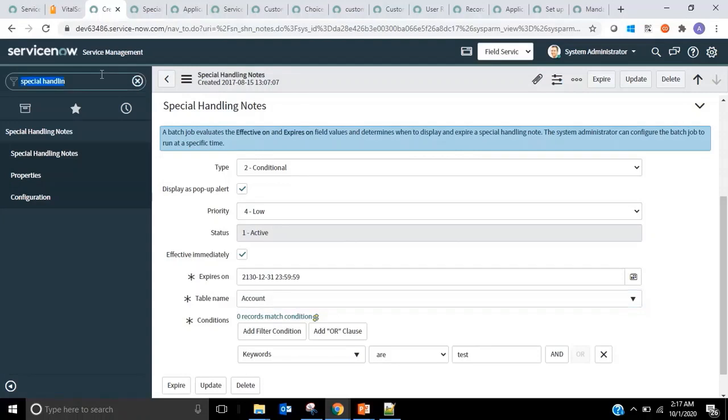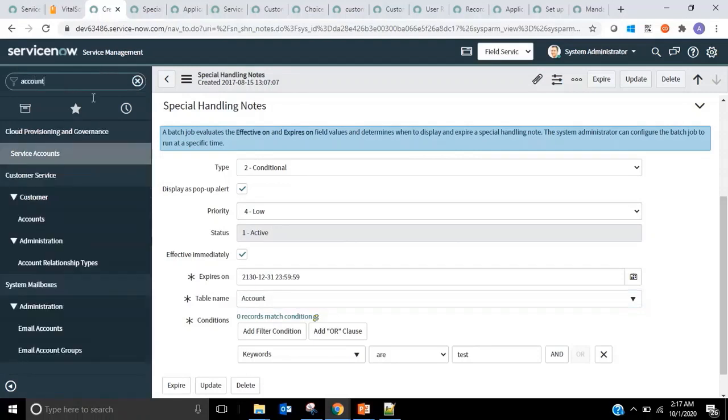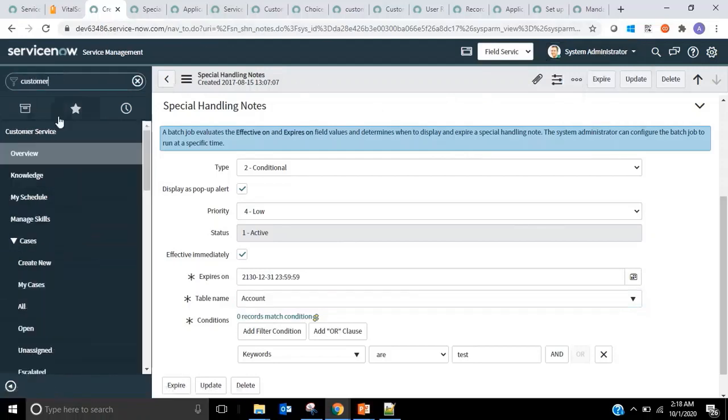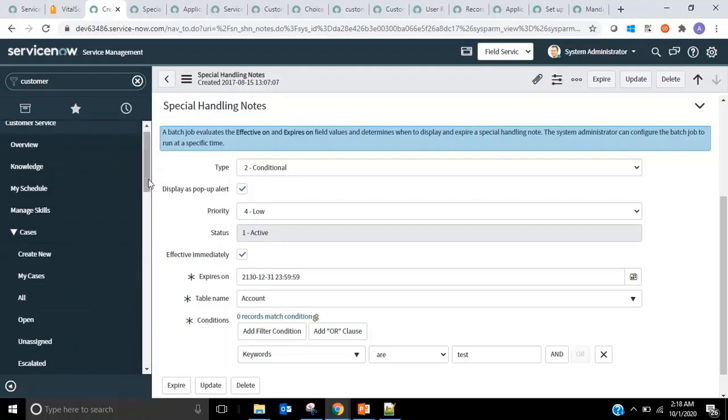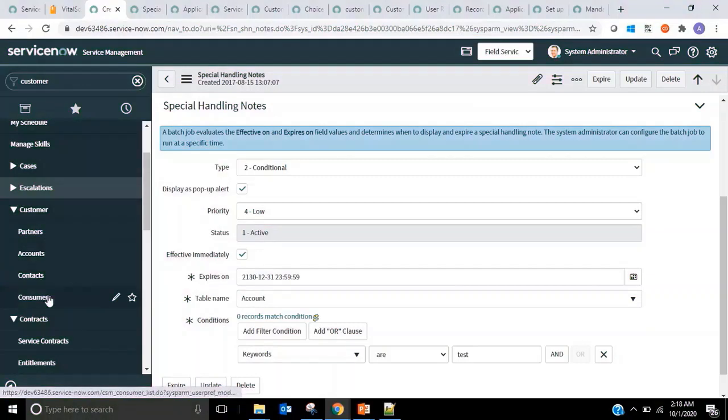So there should be a navigation called account, and here I think system admin should be able to do. So let's start with customer and see what modules are there. Under customer service you have overview, my schedule, manage skills. These are all part of your schedule and skills. And then you have cases. Let's minimize that. Escalations, we'll minimize that. Under customers you have partners, accounts, contacts, and consumers. So I'll go to accounts,